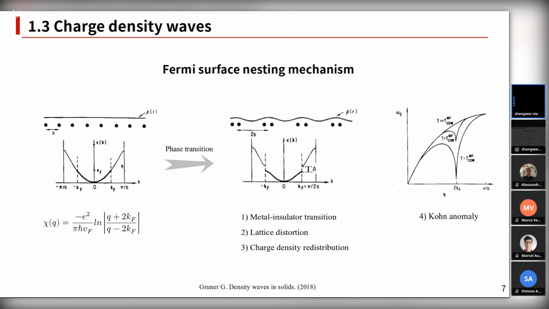This is an ideal model, and we introduced this model because it is unstable. Usually in our experiments, we see this phase. This is the charge density wave. So it's unstable because we don't want to be